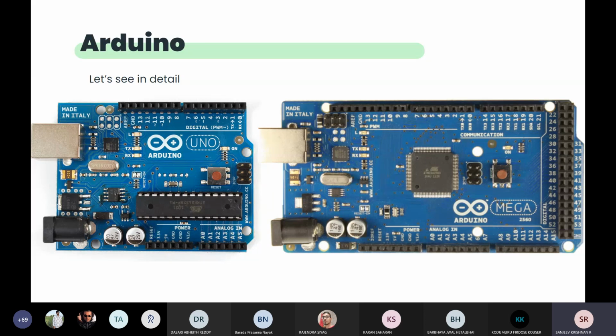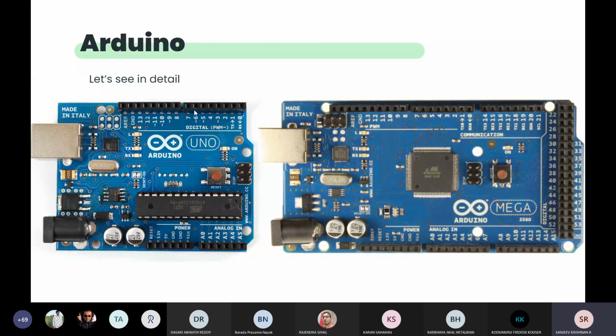Why do only analog pins have a separate set of pins? Because, as I said before, analog inputs have to be passed to the ADC, analog digital converter. The analog input value has to be converted to digital values. It has to get converted and then go to the microcontroller for processing. That is why it has a separate set of pins. All these pins are passed through the ADC, which is placed somewhere on the board, and it converts the analog values to digital values and sends them to the microprocessor. We don't have to worry about all this, because it happens inside. We don't see it, we don't control it. It happens automatically.